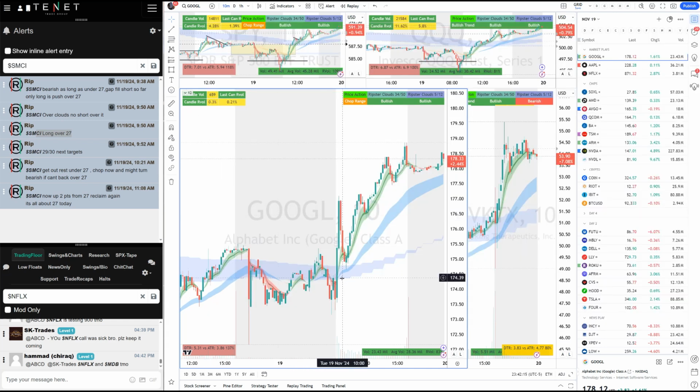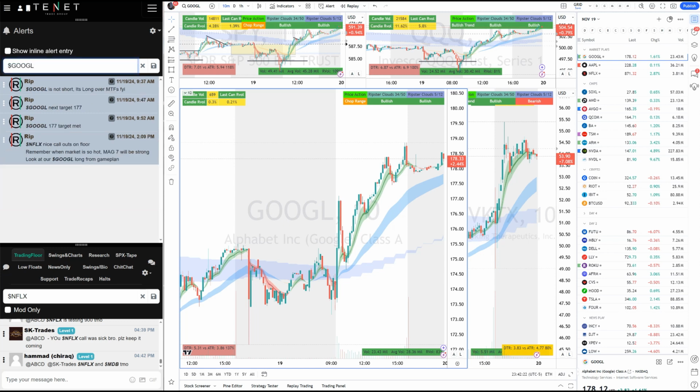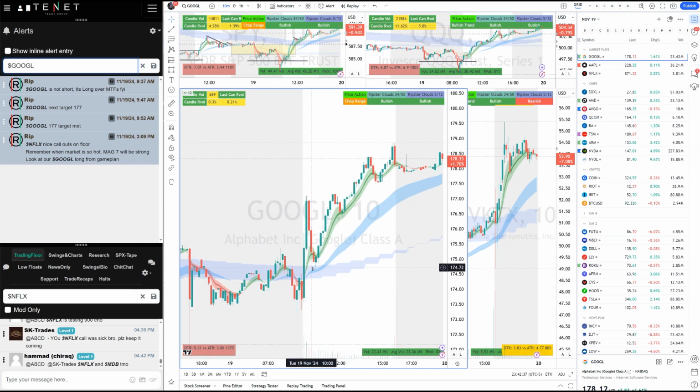But when I saw Google pushing over the 3450 and MTF, I was very strict about telling everyone that Google is not a short anymore. It's a long. You can see that it's a long. And even in the 10 a.m. push, it gave us 1.77. So that was a 9:30 to 10 a.m. long trade. Now it pulled back again, and look where it's bouncing.